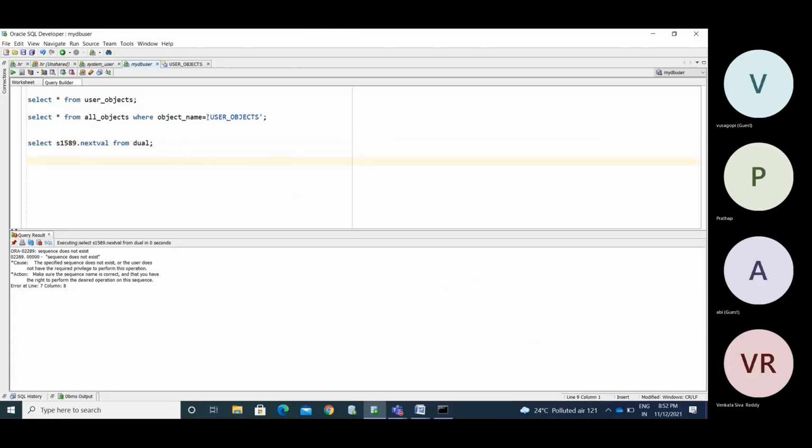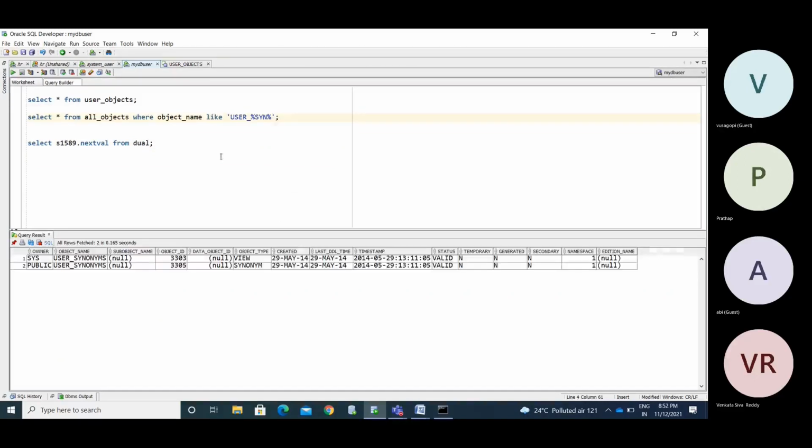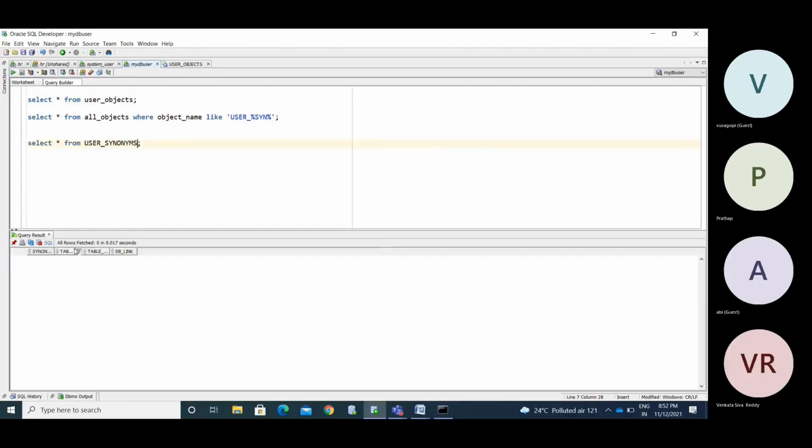We need to know this from the all_ tables, like user_synonyms. We'll get the data. Start from user_synonyms. You don't have any synonyms in my database user.